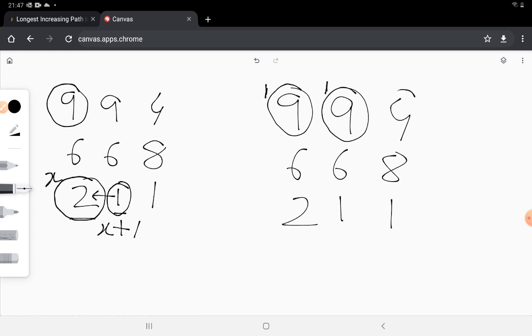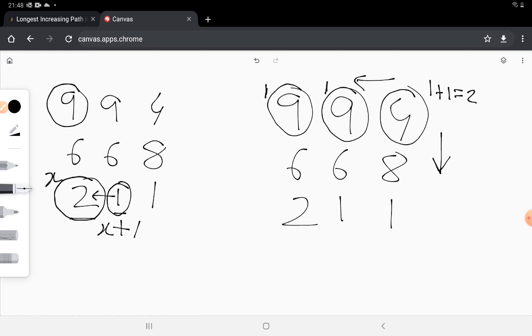Now let's come to this 4. From this 4, is there any place we can move to? Yes, we can move from 4 to 9, it is allowed, and we can move from 4 to 8. Let's explore both the paths. First of all, let's explore moving from 4 to 9. When we move from 4 to 9, we know that the longest increasing path at 9 is of length 1. So the longest increasing path at 4 would be 1 plus 1, which is 2. Till now, we have just looked at 9. Let's look at other places as well.